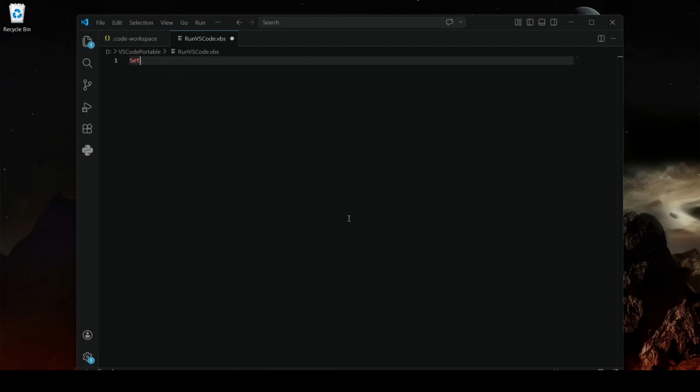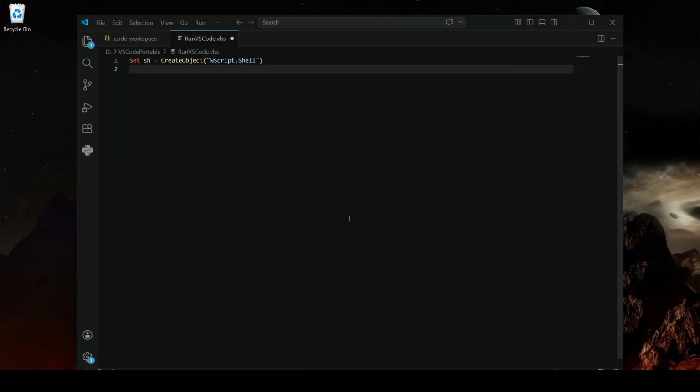So we want to set h2 w script shell what sh run. We want to run VS Code bat